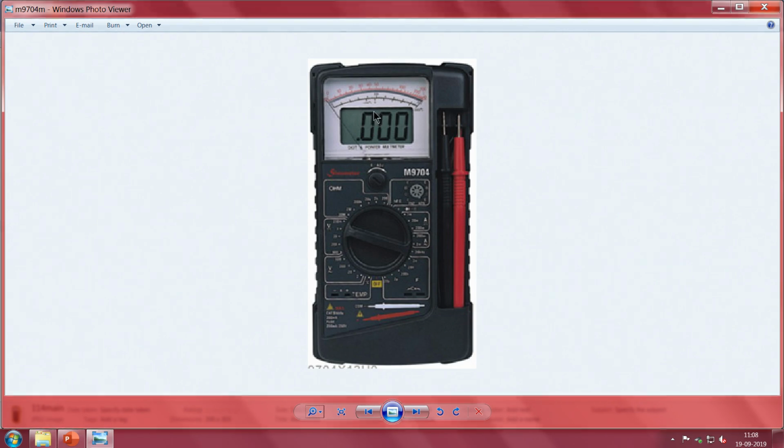Next enhancement is you have a very accurate digital numerical number, plus you have generally an analog meter at the back, which shows the trend, the rate at which things are changing and where we are in the full scale, which is not easy in this.